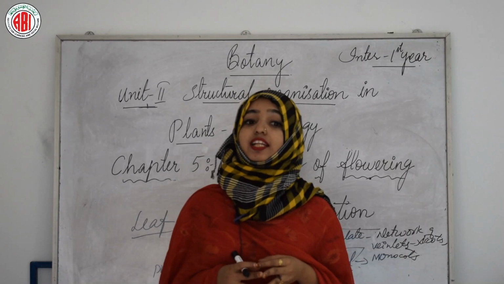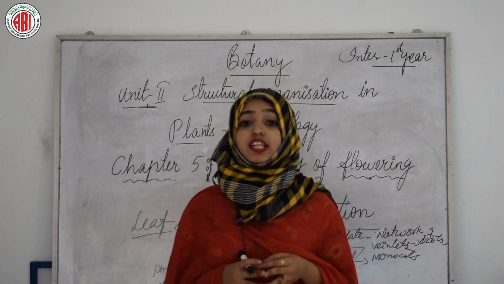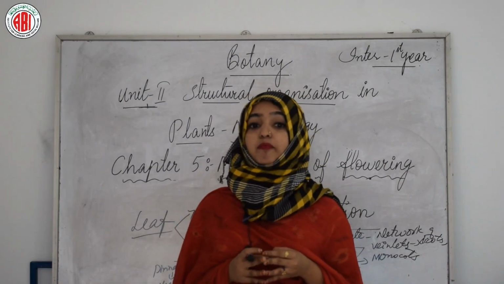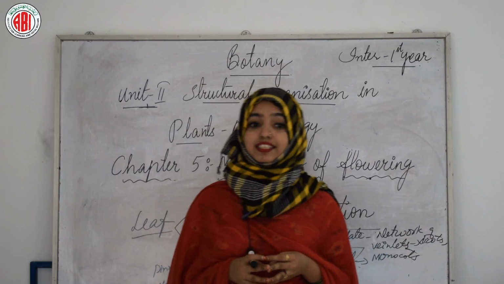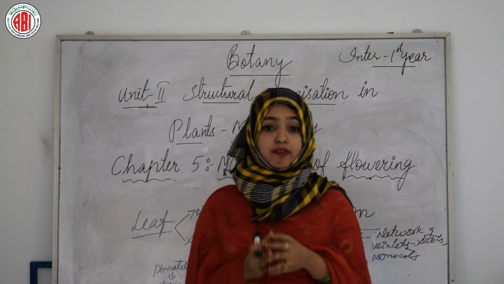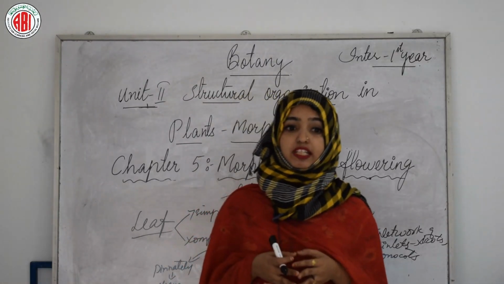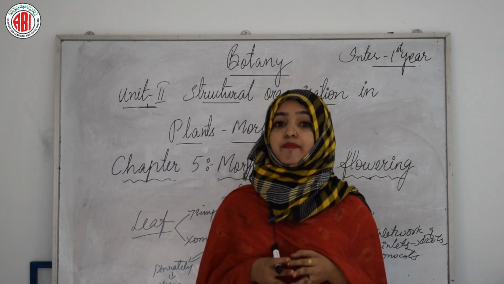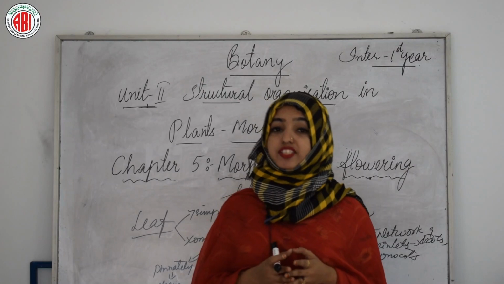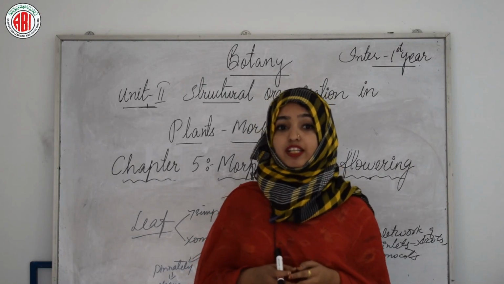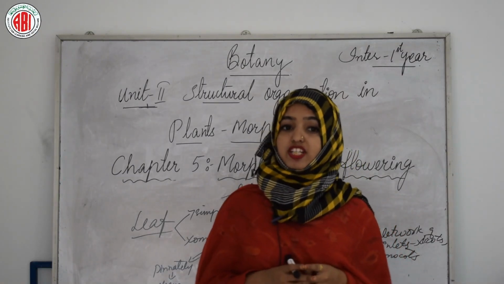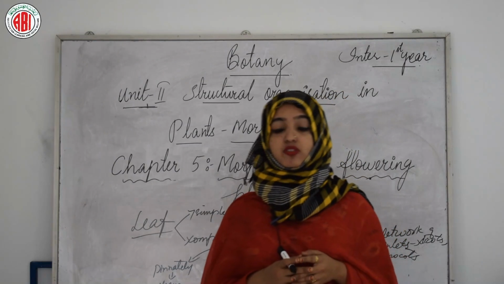And the fleshy leaves of onion and garlic store food material, and in some plants such as Australian acacia, the leaves are pinnately compound, in which the leaflets are small and short-lived, and the petioles in these plants expand, become green and synthesize food, and these are called as phyllodes. And insectivorous leaves will be there, an example will be the pitcher plant or Nepenthes we can take, where leaves are modified to trap insects for their nitrogen requirement. And leaves may also be modified to help in vegetative propagation, like in Bryophyllum, epiphyllous buds which arise from the notches of the leaves develop adventitious roots, and when they detach, develop into individual plants.